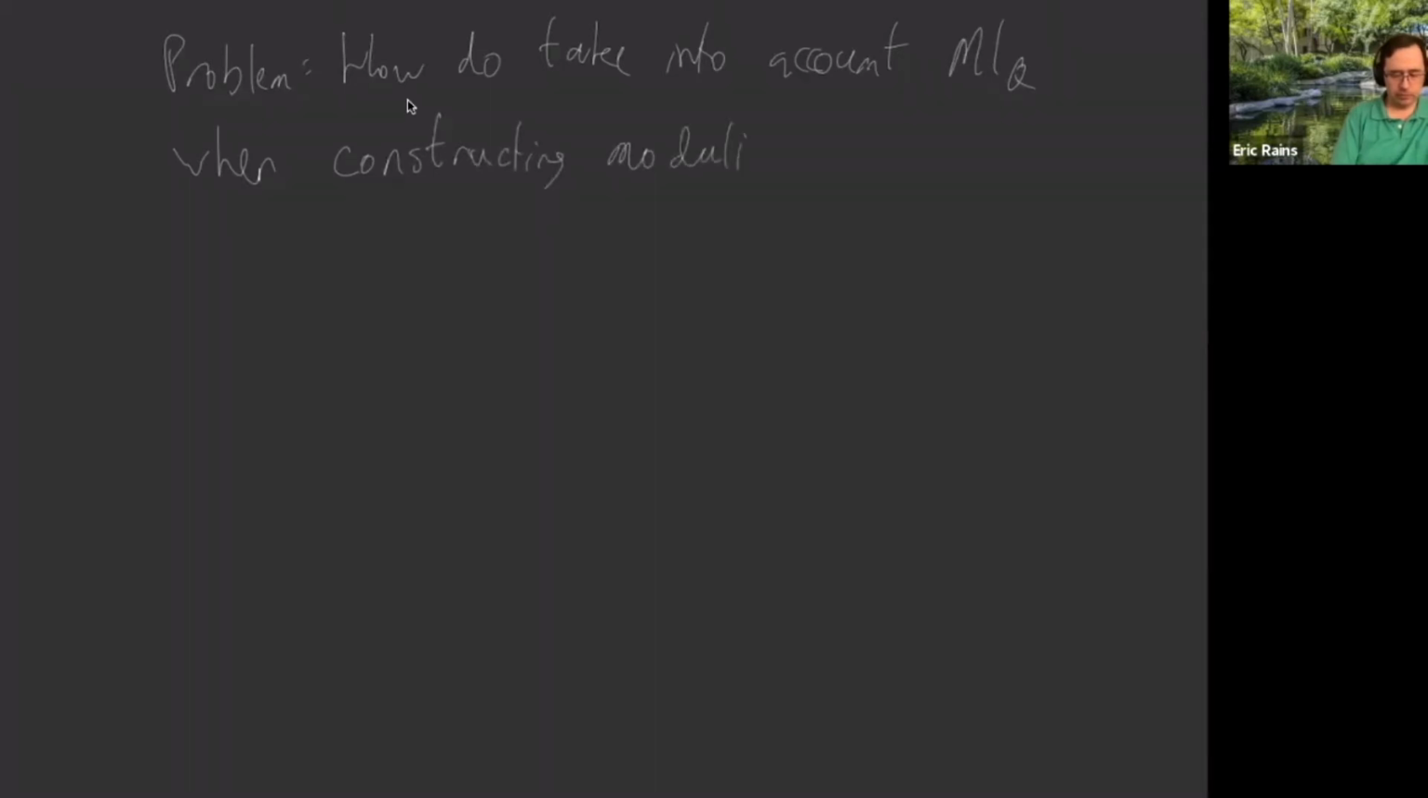So the problem: how do we take into account the restriction of M to Q when constructing moduli spaces? Okay, so